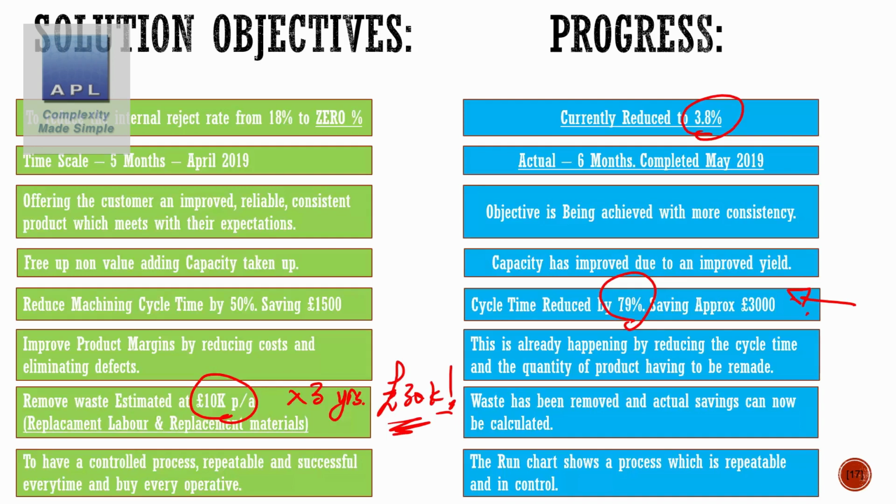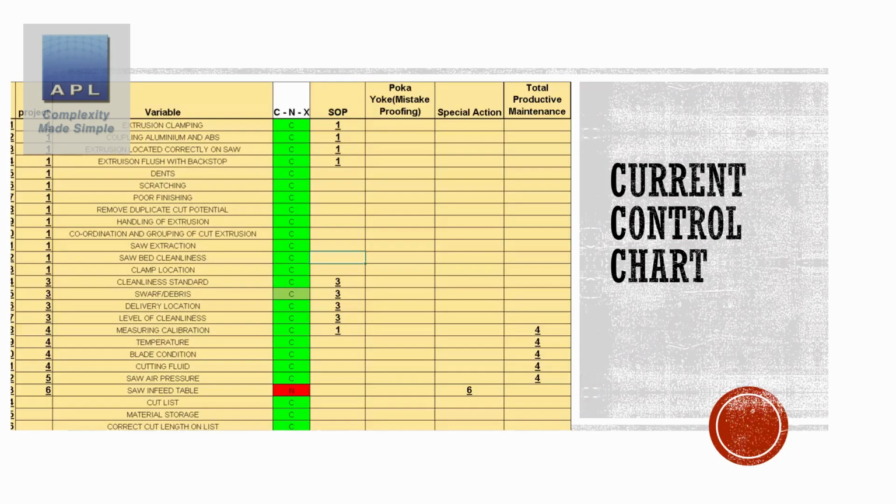So here is where they've got to. You can see now that all of these things have got C's next to them. They have a control in place. They have a low defect rate, high speed process, high quality, low cost. Get it? High quality, low cost. Brilliant. Yeah, so that's exactly what we want. That's what Six Sigma is about. High quality, low cost.